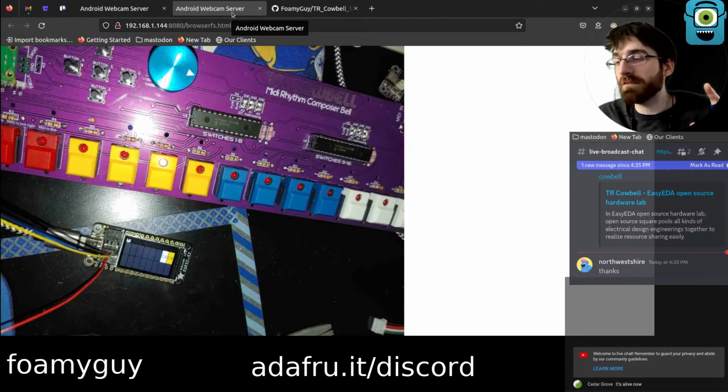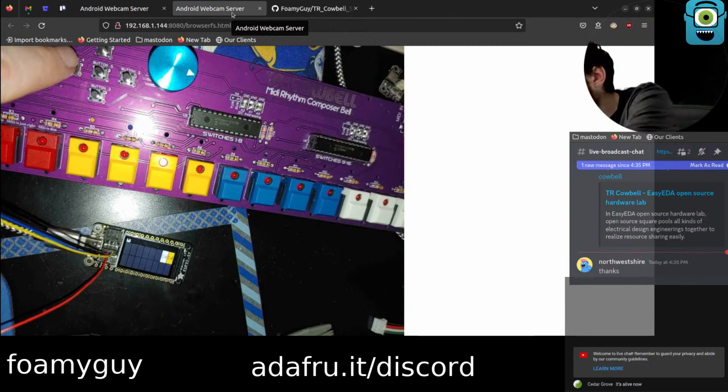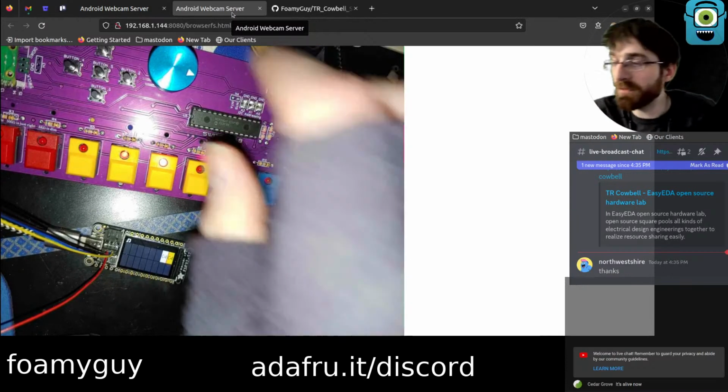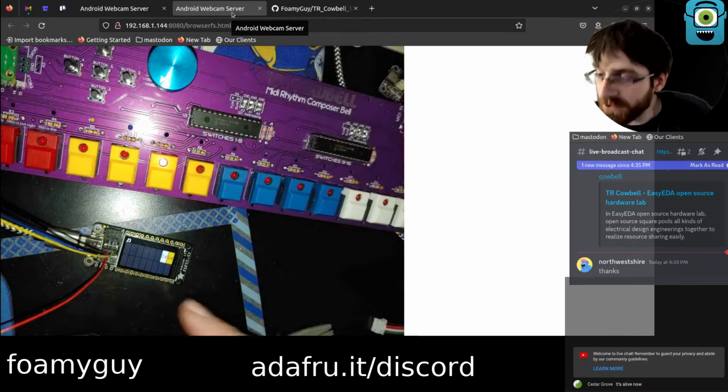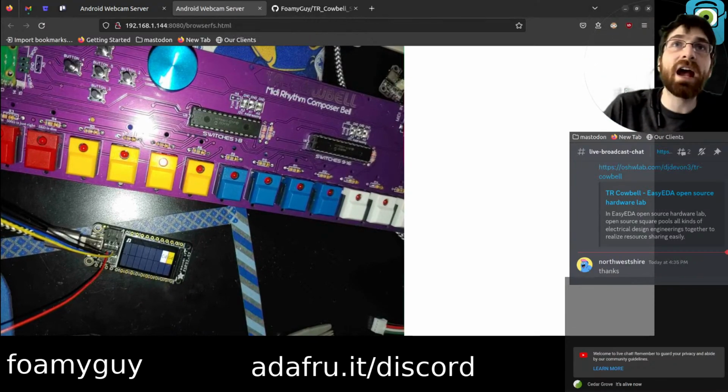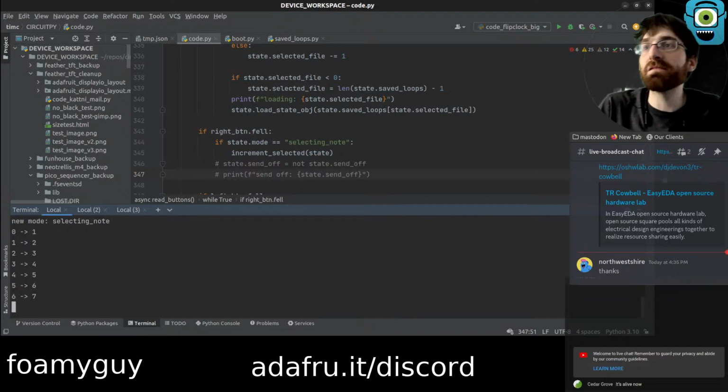So we are in save mode, so I'm going to press left to go back. So now we're going, yep, just back to select note mode, which means now scrolling this changes the note. Perfect, all good. Let's make it so after we save, we get some kind of feedback, because right now